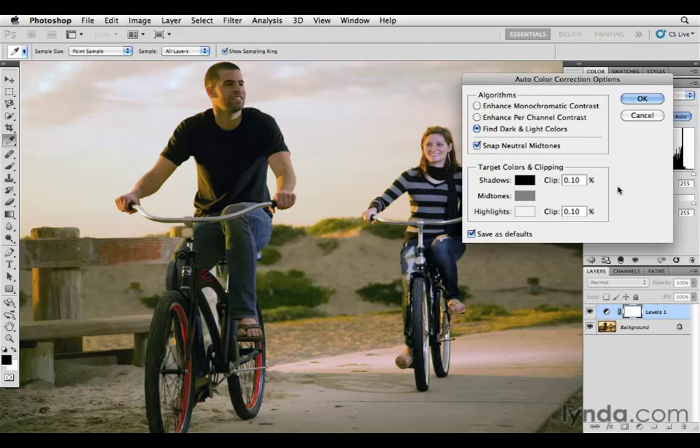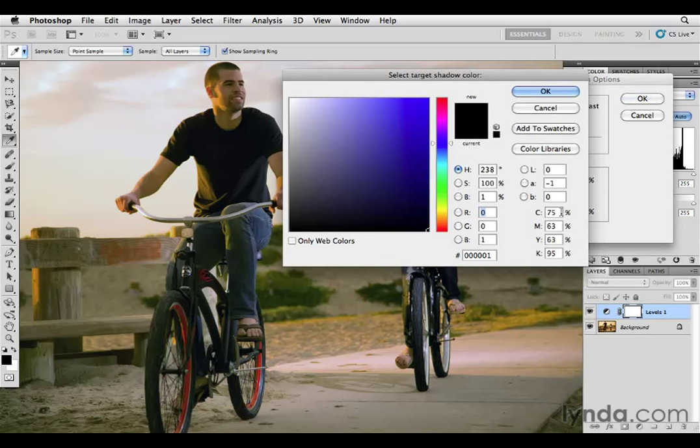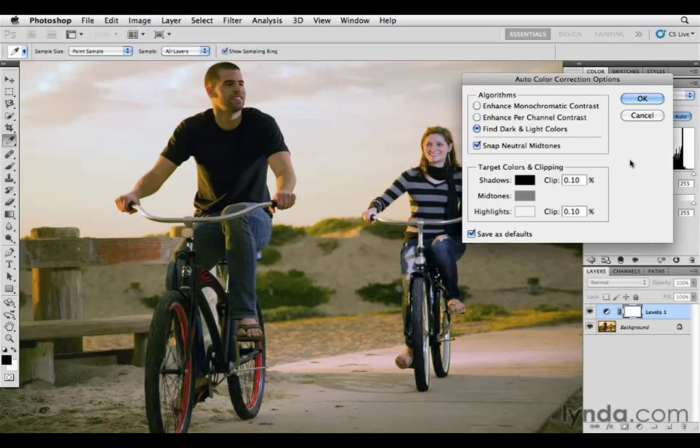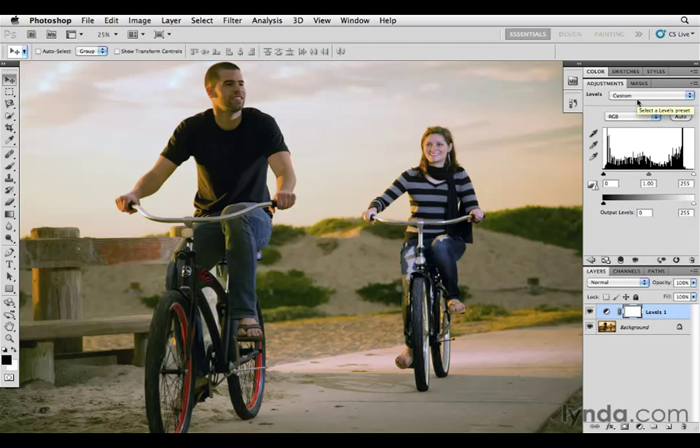And the good news is you'll only have to change those numbers once. I'll bring them up on screen just real quick. Shadows are 75, 63, 63, 95. Click OK. Highlights are 5, 3, 3, 0, and click OK. Because when you click OK this last time, Photoshop's going to ask you if you wanted those to be your defaults. Now, it didn't happen on my screen because I'd already chosen it, but on your screen, you would see a checkbox that says, do you want these to be the new defaults? You would say yes, and now every time you click that auto button, you're going to get those same better